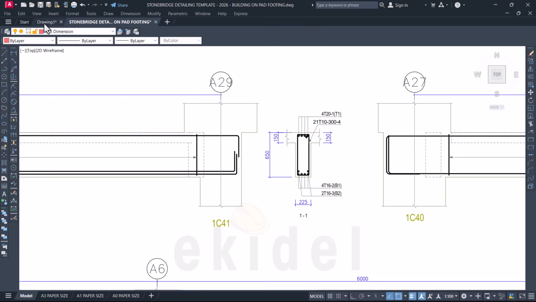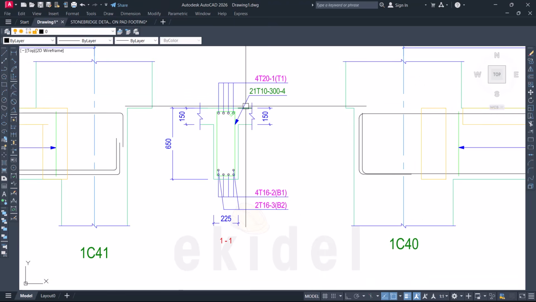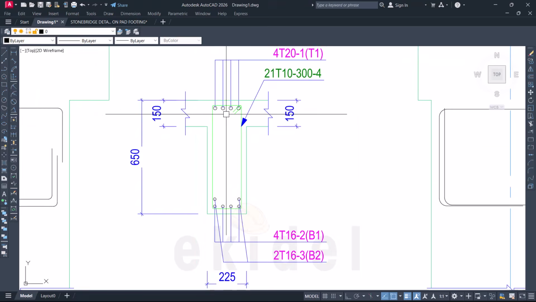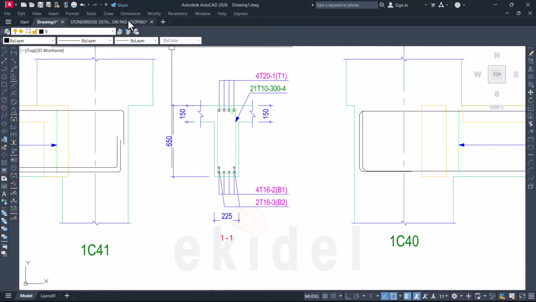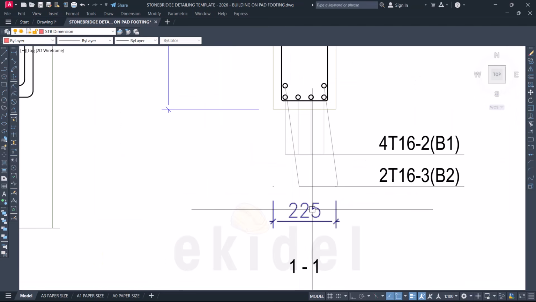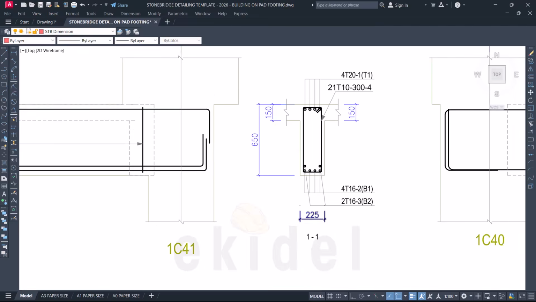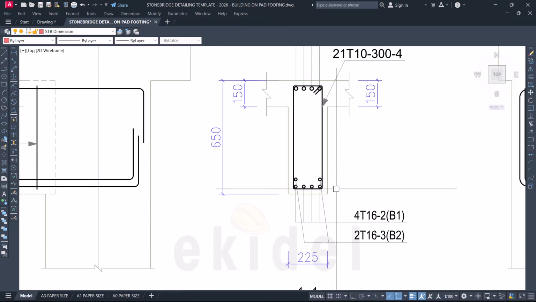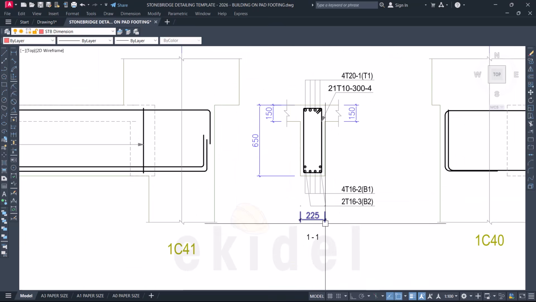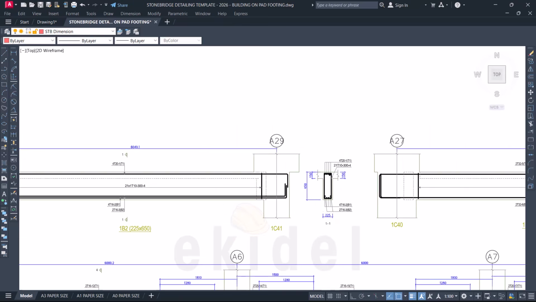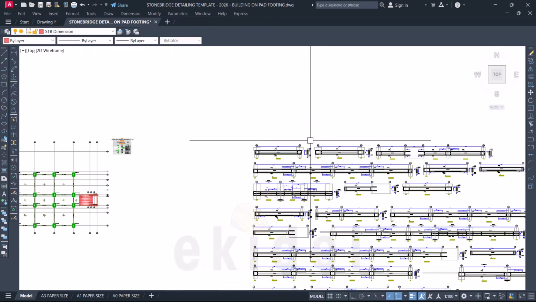Now this is what the Prota gave us. But the main mission of this is to show you how to control this dimension so that it does not change or increase, so that when you measure it, it will still be what you have here. Okay, that is fine. So to do that, once you've pasted this in this place,